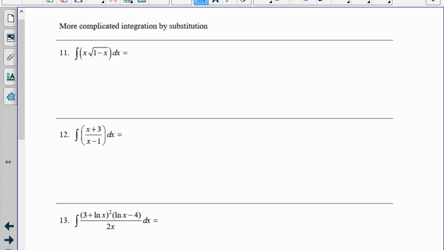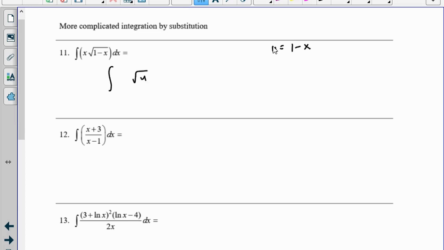Day 2 of integration by substitution, we'll look at more complicated integration by substitution, as well as some definite integrals that use integration by substitution. Number 11, if we look at the integral of x times the square root of 1 minus x, if we make u equal to x, that does us no good. But if we make u equal to 1 minus x,